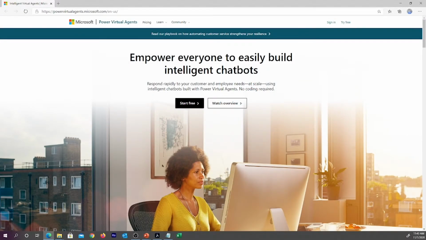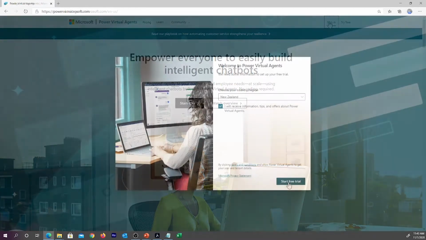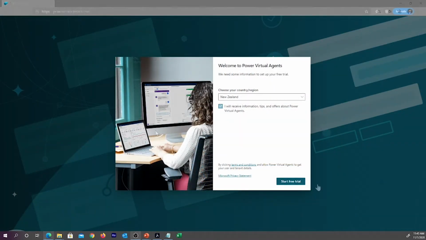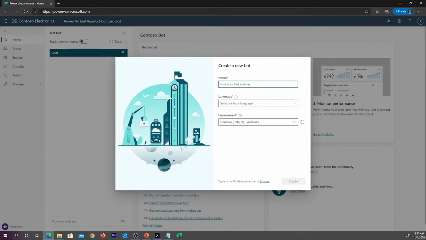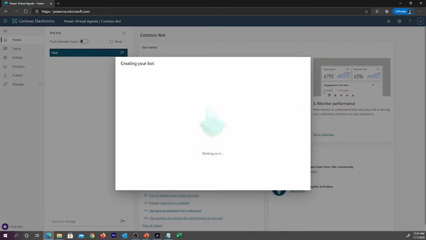This will take you to a page where you can create your chatbot. This is where you can start your chatbot: click on select a free trial. Select the region, I'm going to start it as a trial, and you can give a name for your bot. Select the language for the bot; I'm going to keep it as English. And where would you like to host this? I'm going to keep the default environment and click on create. Once you select create, the process of creating the first chatbot within a new environment can take up to 15 minutes, and subsequent bots will be created much faster.